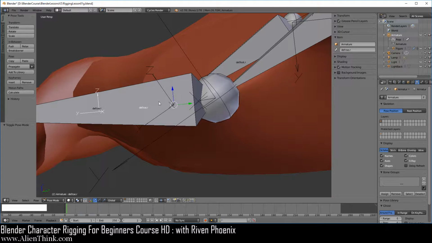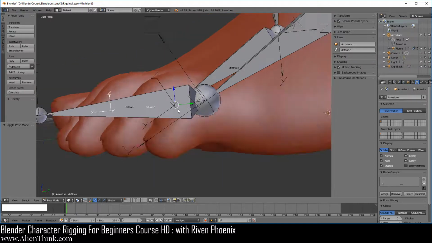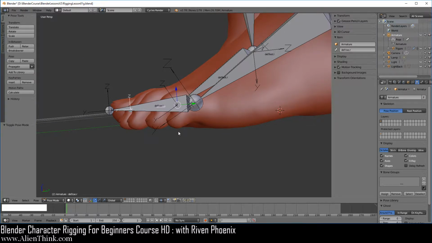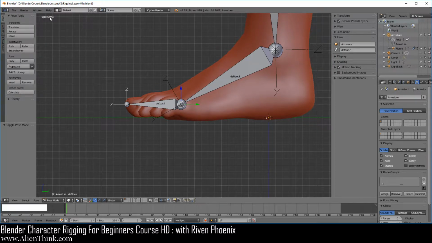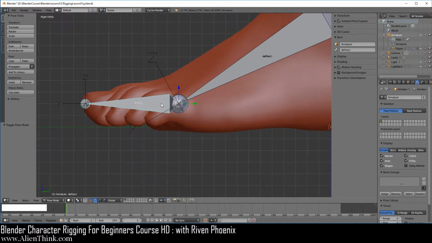Now when you're working with bones, it's really important to always visually check over here what bone you've selected, or just look over here. Okay, now go ahead and press the 3 key to go to the right view and press the 5 key to go back into ortho. Go ahead and click on this bone and zoom in.